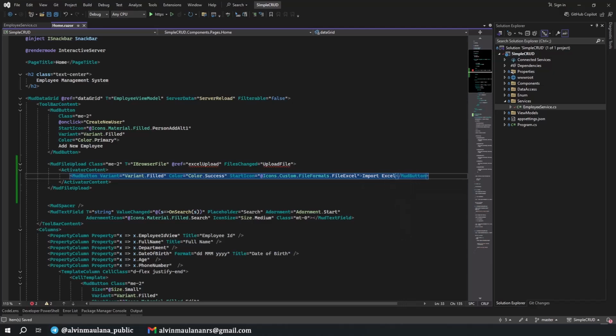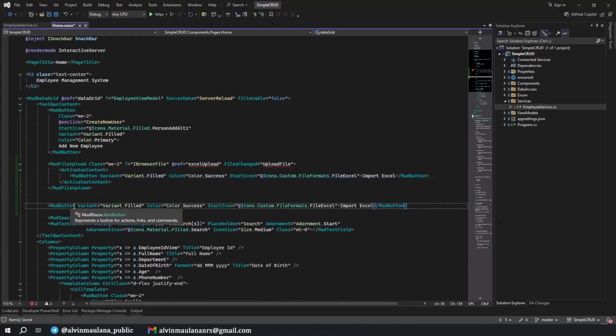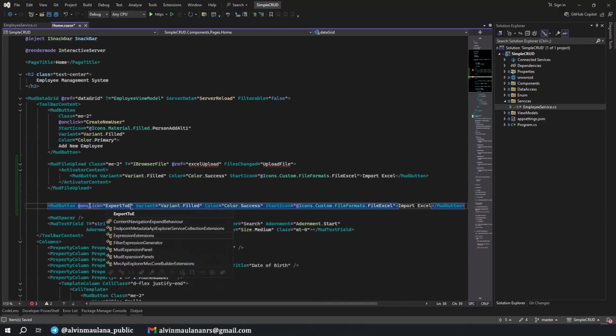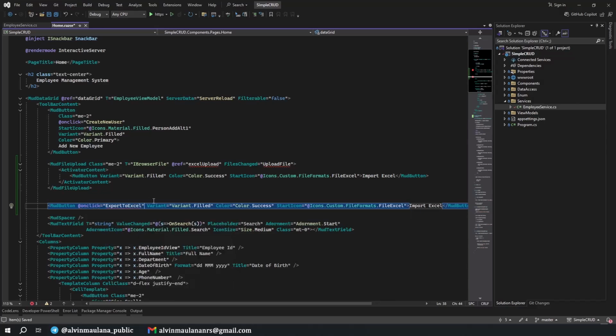Okay, and then we close the button and have the name Import Excel, and then we will have another button. Just copy it. We can just copy the button from this one, and then for this we will have an on click ExportToExcel, and variant same.